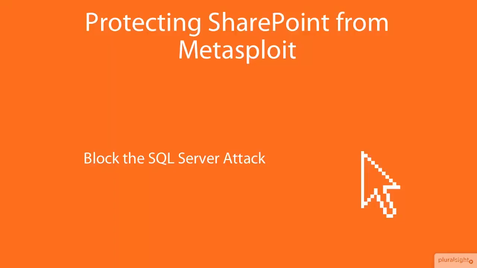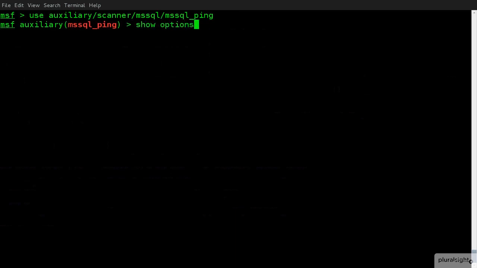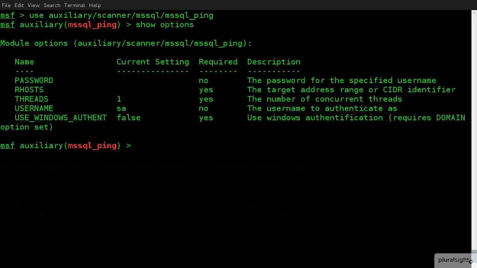Now let's take some time to look at how to block the SQL Server attack. So here we are back on our Metasploit machine. If you remember correctly, what we did last time is we used an auxiliary scanner, an MSSQL ping. So let's take a look at the options for this one. It just requires a password and an RHOST, and then we can modify the settings as needed. So let's set our RHOST to the SQL Server address,